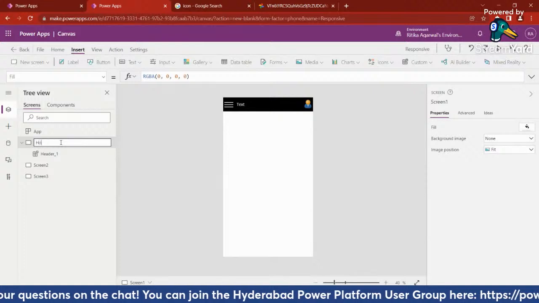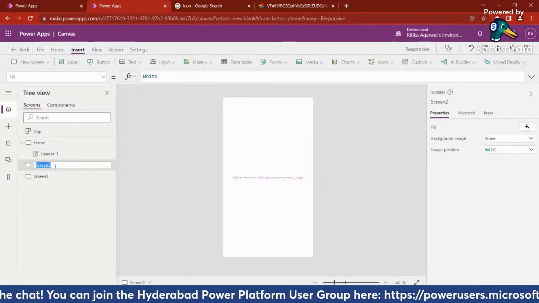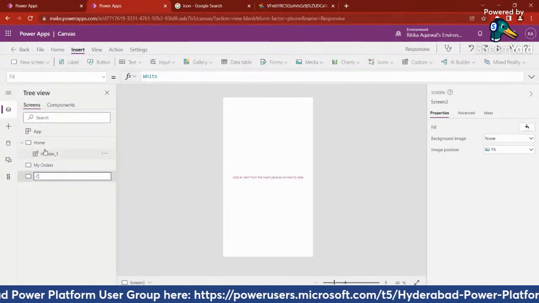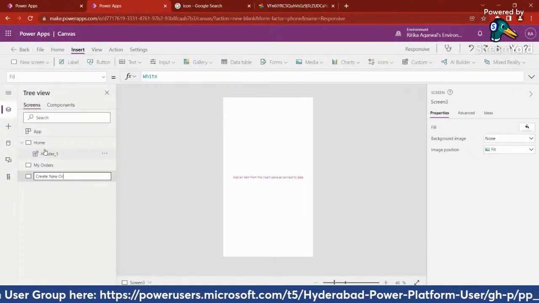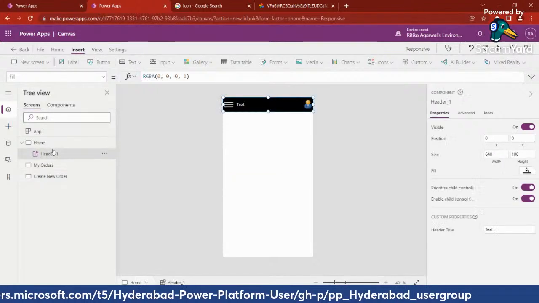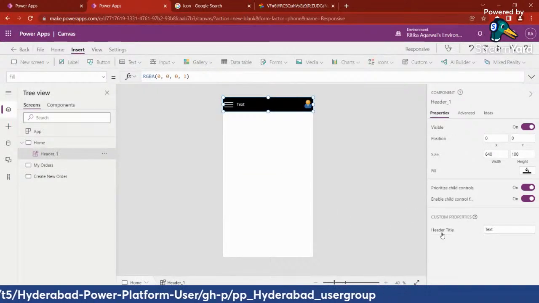Similarly, whatever number of screens I have, I'll add a couple more. And I'll call it home. This one I'll call my orders. And this one I'll call create new order. So I'm just renaming these screens so that I can use it. Now in the header title, I'll say